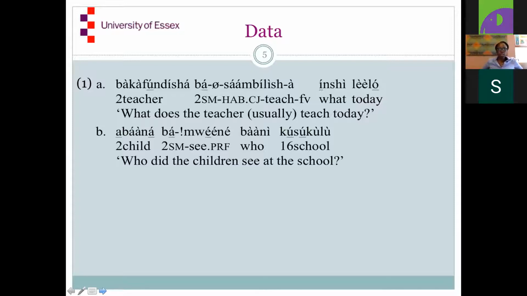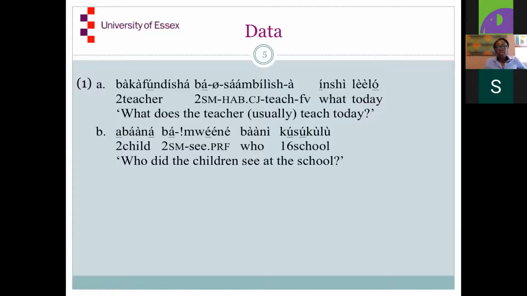There's a subject, the teacher, and then a verb, and the verb usually has a lot of markings on it. It's got a subject marker and a tense aspect marker, though this one doesn't have one. Then you've got the verb and the final vowel, and sometimes there can be suffixes at the end. This is an object question, questioned in situ, and then there's an adverb. Of course there's going to be tone marking on all of them, but we're going to see all of these data